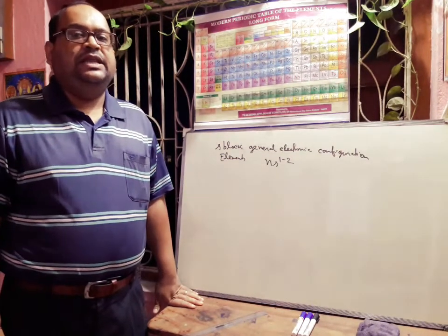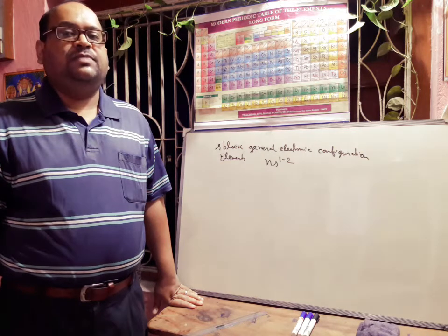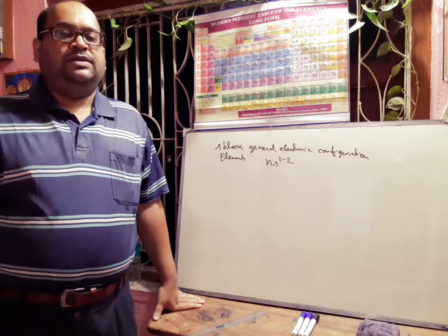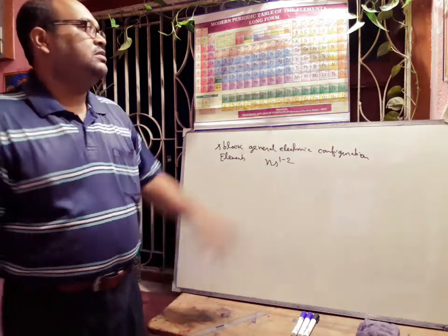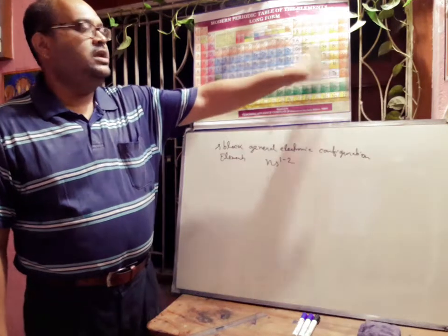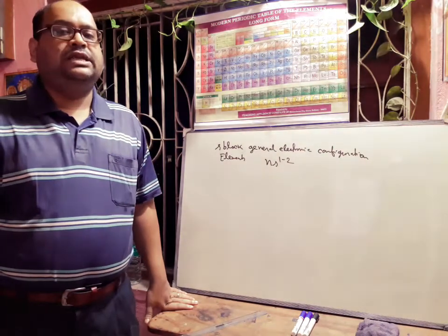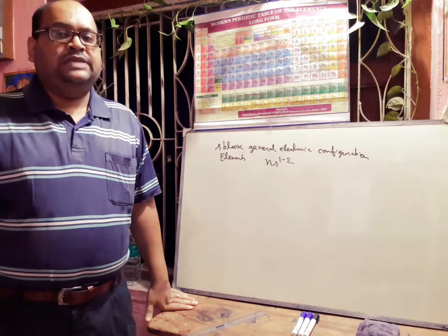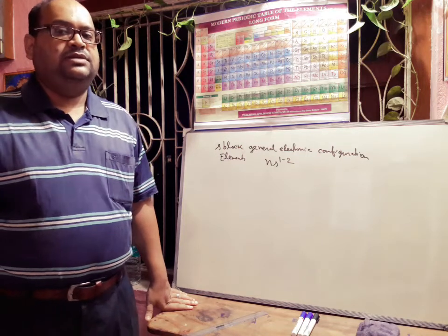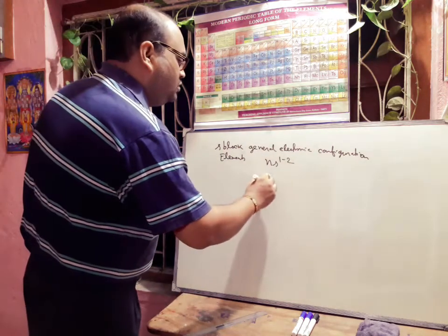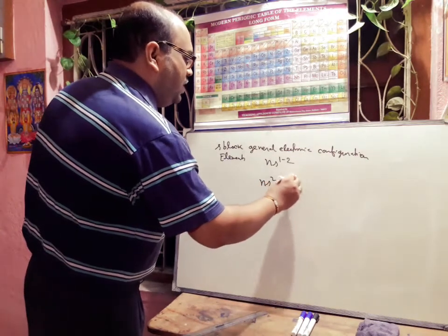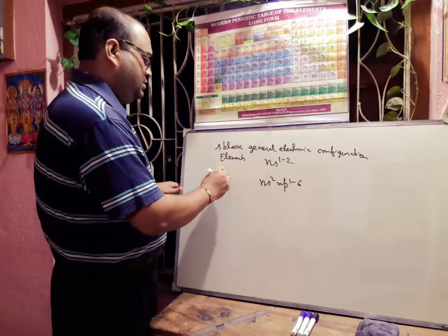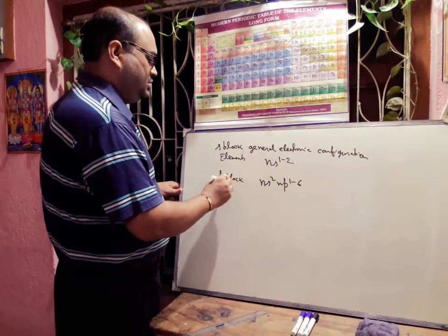These elements, except helium, in which the last electron enters into the p subshell of the outermost main energy level, are called p block elements. We can think about chlorine. Chlorine, bromine, iodine, all are p block, because the last electron enters into the p orbital. What will be the general outer shell electronic configuration of this p block element? So it will be ns2 np1 to 6. So this is the general electronic configuration of p block elements.